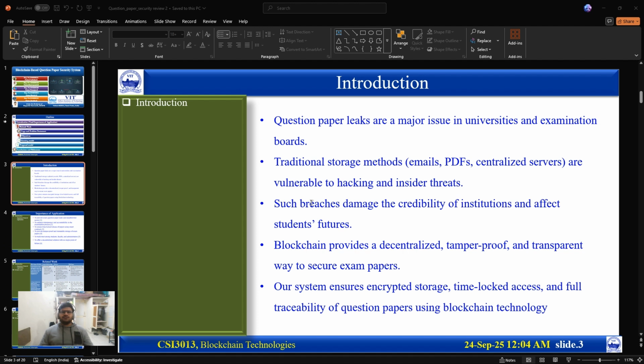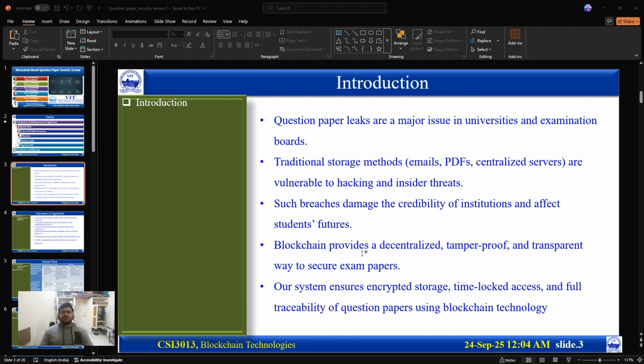Our project works like this: faculty uploads the question paper with the timestamp when the paper needs to be released in our front end, which is an HTML page, and encrypts the file using AES and RSA algorithm, which computes itself with the backend, and it shows the key. Then comes the decryption part, where we need to enter the title of the paper, and using the connection with Ganache, MetaMask, and smart contracts, it verifies the user and then allows to decrypt the paper.